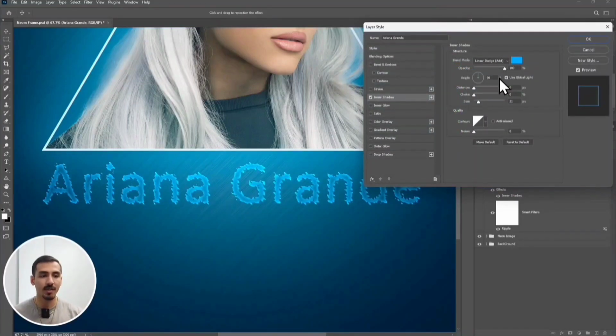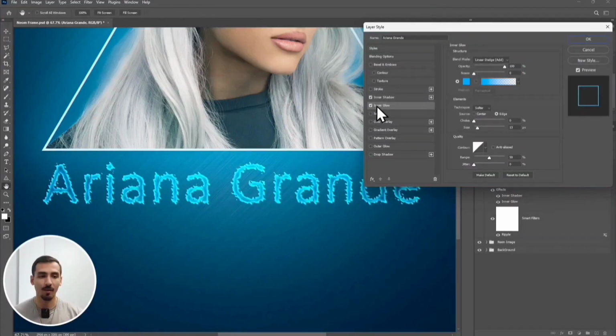Opacity should be 100% and the angle should be changed to 120. The size is 21 pixels. The options are like this. Enable another effect, inner glow. The blend mode, linear dodge, opacity 100%, and the size is 13 pixels. And the detail is